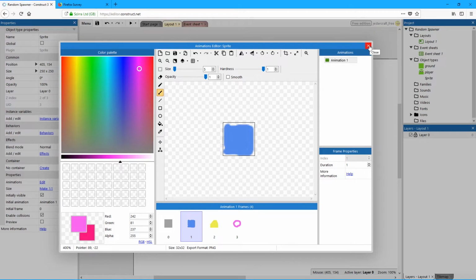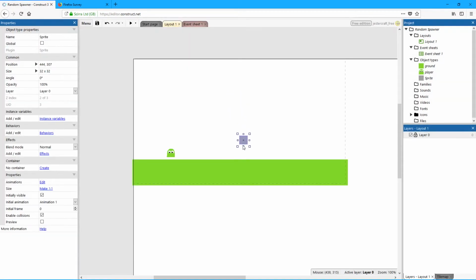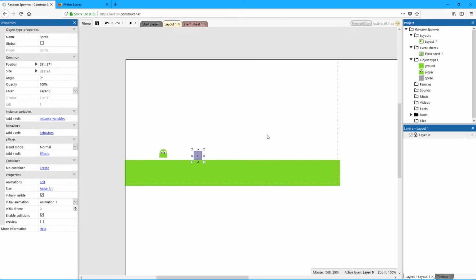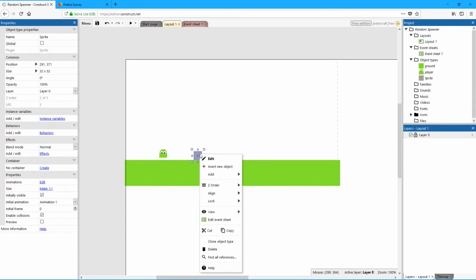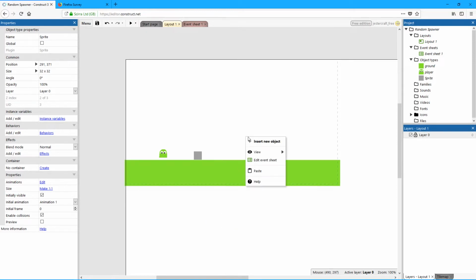So I'm just gonna close this now and have this right here with only the gray, pointing out our spawn location for this object. So what we now wanna do is choose the places in which the objects spawn by selecting the object and right-clicking it, and you can find copy here, and right-click on the empty space and paste. And you can paste these as many as you like. I'm gonna just go for, let's say, 4